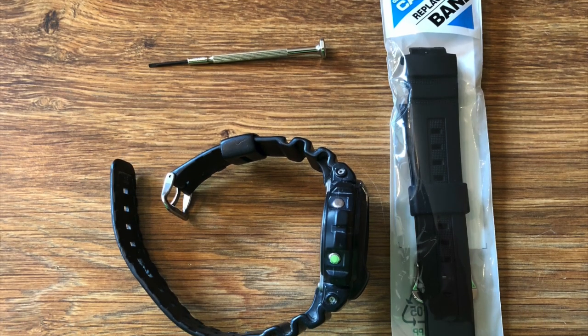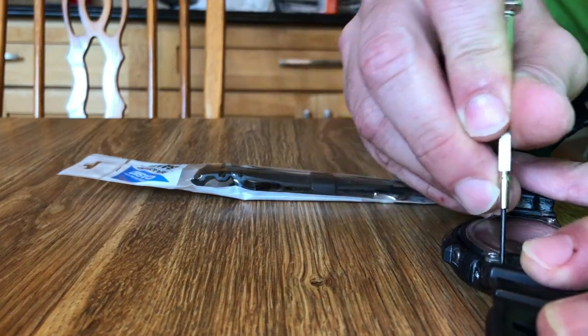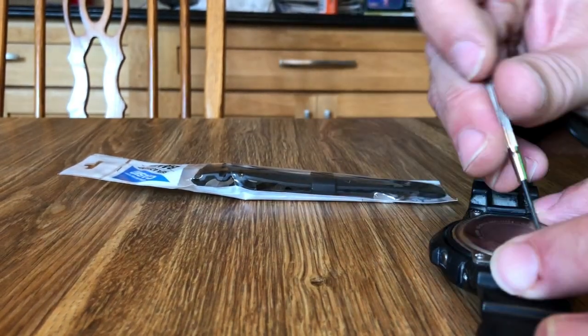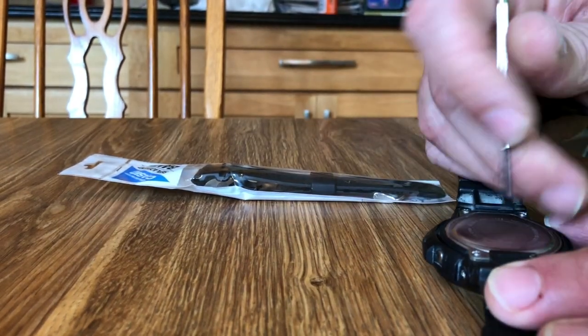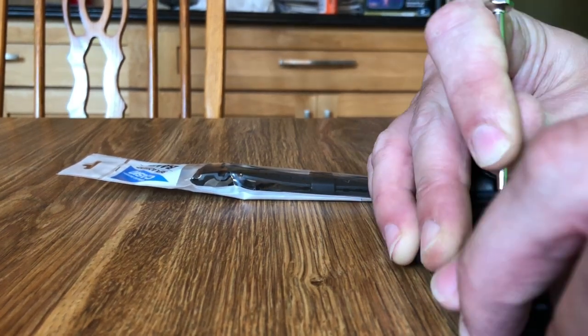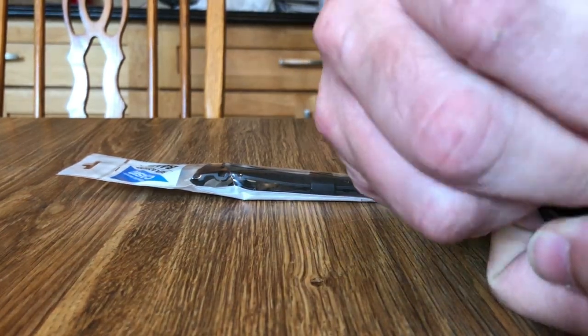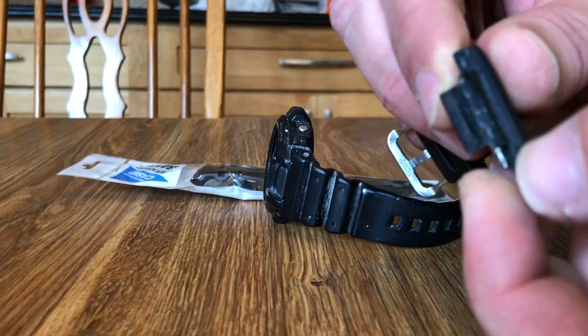This is how to replace your wristband on a G-Shock. As you can see, all you really need is a small flathead screwdriver and the replacement band that comes from Casio. First thing you're going to do is flip over your existing watch and you'll notice these